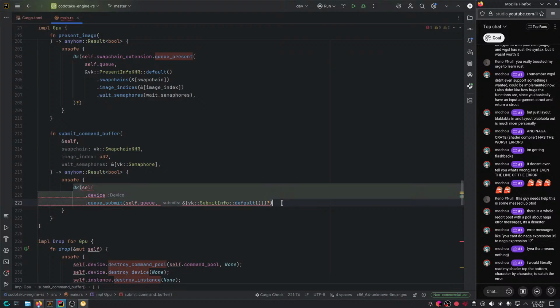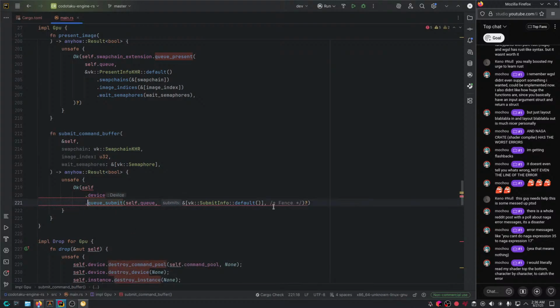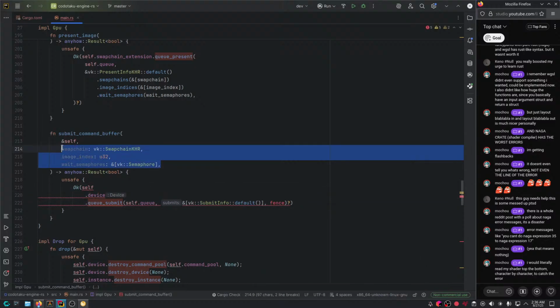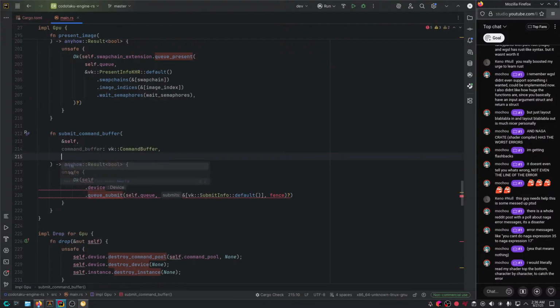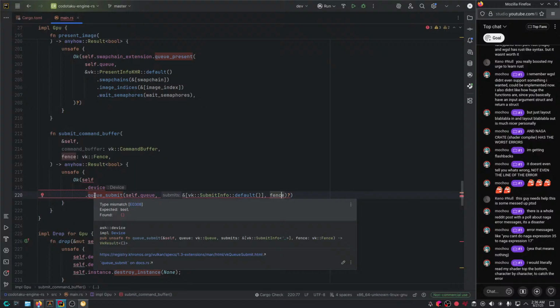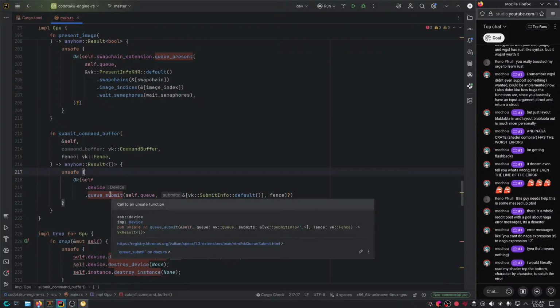Well, that's a lot of stuff. Fence. Sure. So let's remove this stuff, and we basically need the command buffer and the fence. Now, what would this return, by the way? Nothing. So let's just do this, and that's pretty much it.